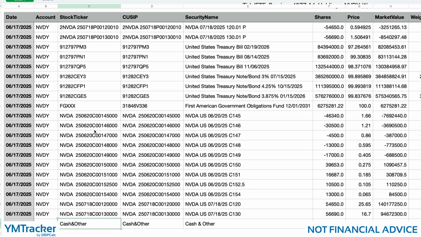And when you download it, you kind of have to decipher some of this, like the treasury bills and the cash and everything else, and this government obligation. You cannot use that to estimate the dividend. Yes, they earn a little bit of interest, like here 4.25%, 3.875, 3%, but they contribute very little to the estimate. Okay, the way NVIDIA makes money is they sell weekly covered calls over here,